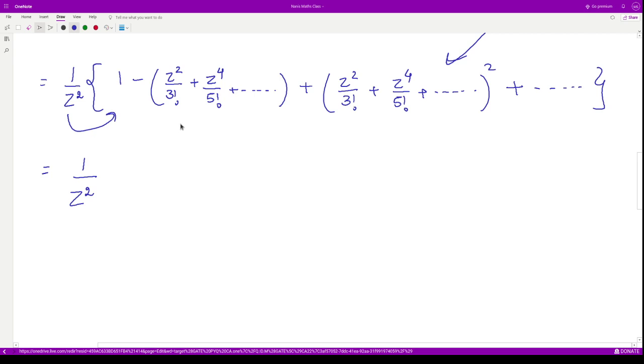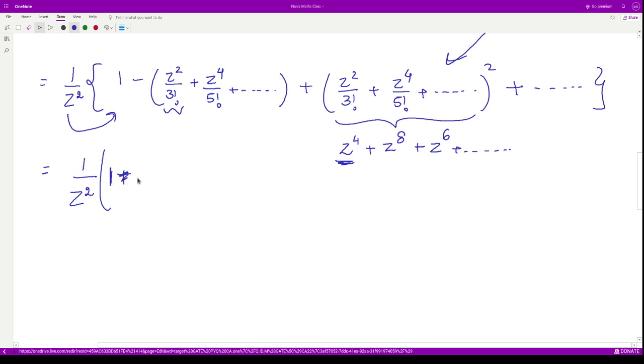So here, can you see this term over here? So what are the terms of z square available with us? If you open up this bracket, you would only have terms of the order z raised to power 4, and here you would have z raised to power 8 squaring all these terms, and then you would have mixed terms, so it would be z raised to power 6 and terms like that. So the minimum term here is z raised to power 4, right? So let us keep this 1 by z square as such for a minute.